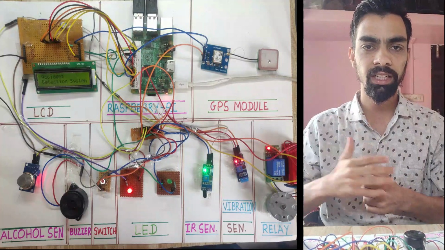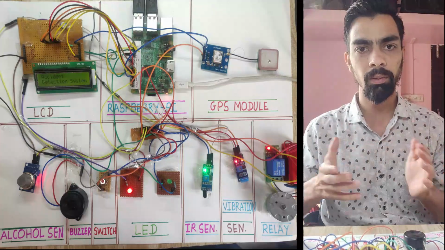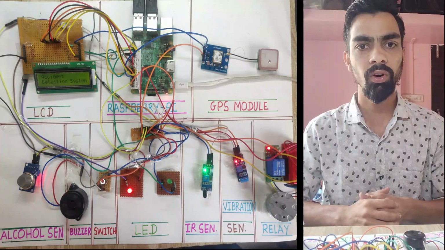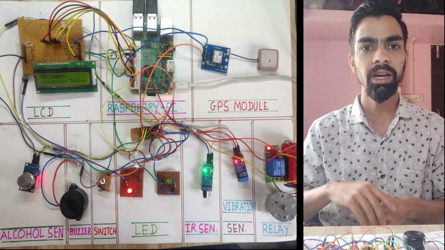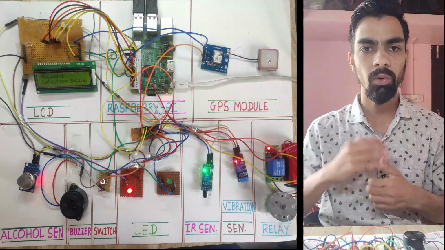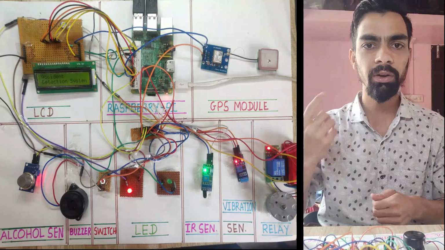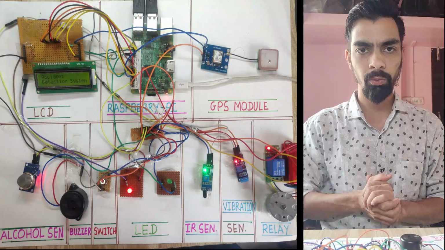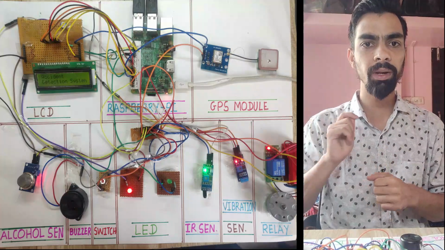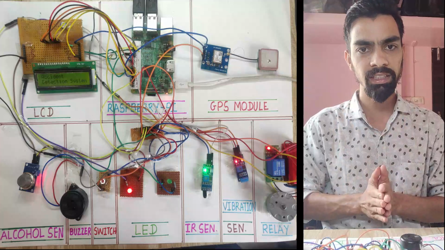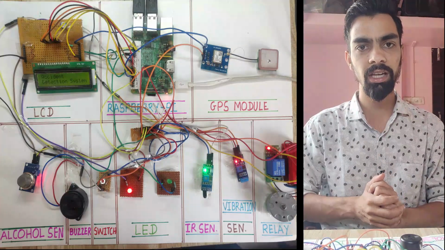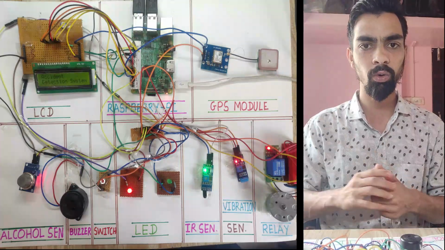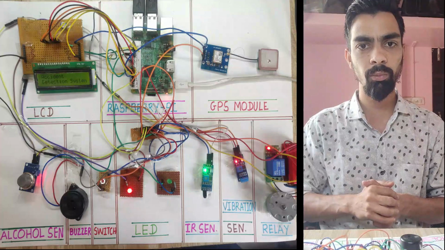Once the seat belt is detected and alcohol is not detected from the driver, it will ask to press the switch, and at that time the green LED will turn on. The switch is a power switch to turn on the motor. Once the driver presses the power switch, the relay will turn on and the DC motor starts rotating. That means our vehicle is started. After that, if the vibration sensor detects vibration, that means an accident has happened. In that case, the accident detected message prints on the LCD. The GPS starts capturing the live location and sending it through the GSM module, which we will cover in the next part of this video.